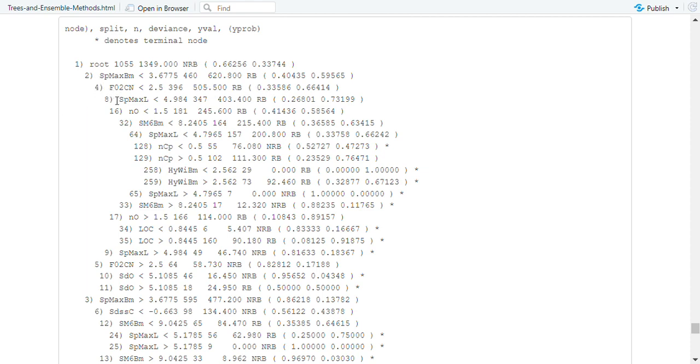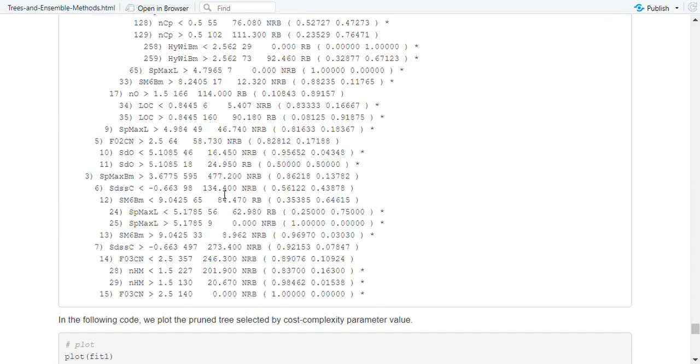The child of that is F02[C-N] less than 2.5, and then the child of that is SpMax_L less than 4.984, and the child of that is nO less than 1.5, and the child of that is SM6_B(m) less than 8.2405, and the child of that is SpMax_L less than 4.7965, and the child of that is NCP less than 0.5, and then NCP greater than 0.5, and the child of that is HyWi_B(m) less than 2.562, and another child is HyWi_B(m) greater than 2.562,